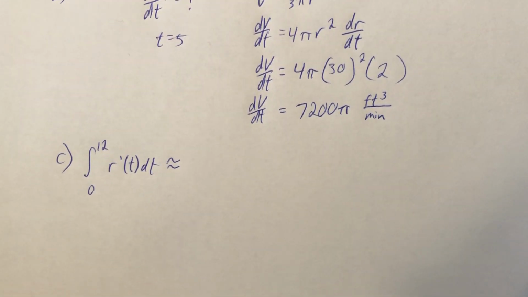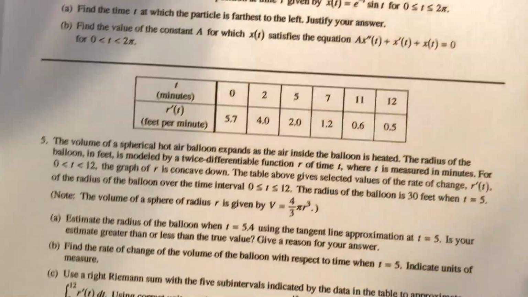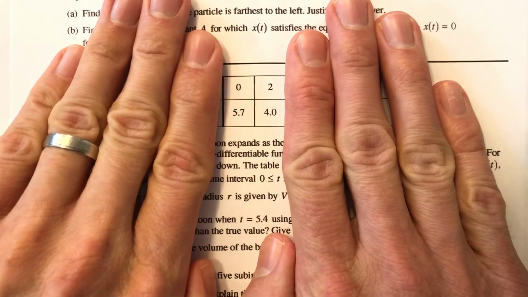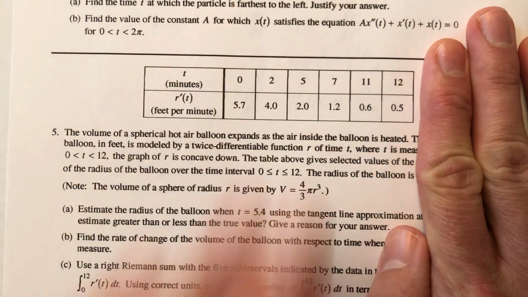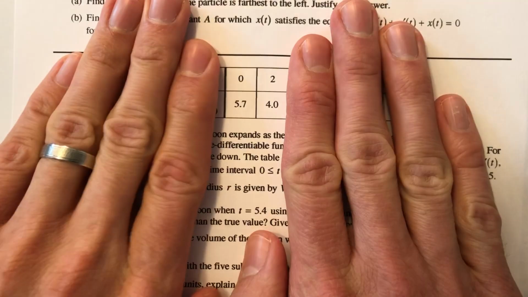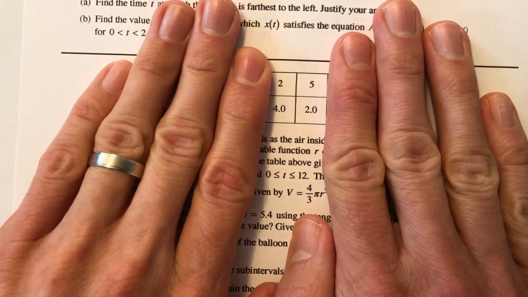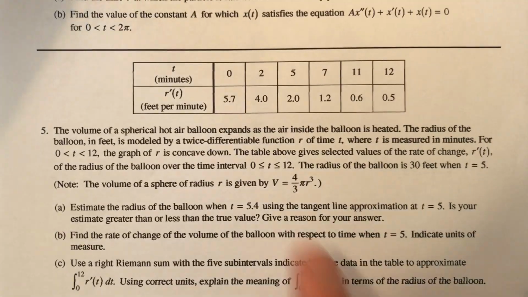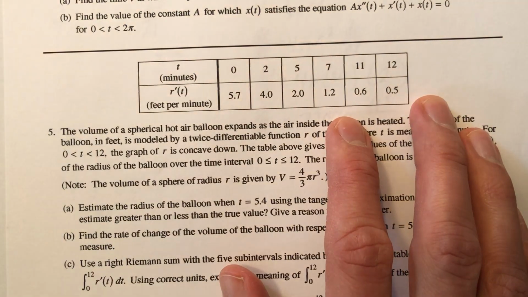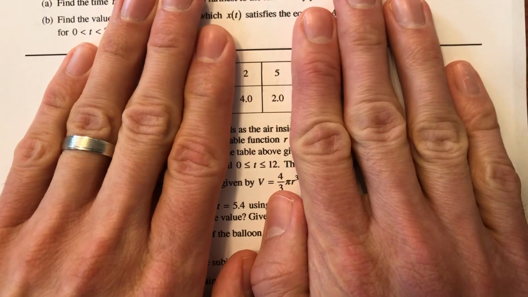Okay. So I want to do a right Riemann sum with 5 subintervals. So here's a rectangle, here's a rectangle, here's a rectangle, here's a rectangle, here's a rectangle. And I'm going to go to the right. So here's my first rectangle, and I'm going to use 4.0. Here's my second rectangle, I'm going to use 2.0. So I'm going to point, and then I will write. So first rectangle is 2 wide, 4 high. Second rectangle is